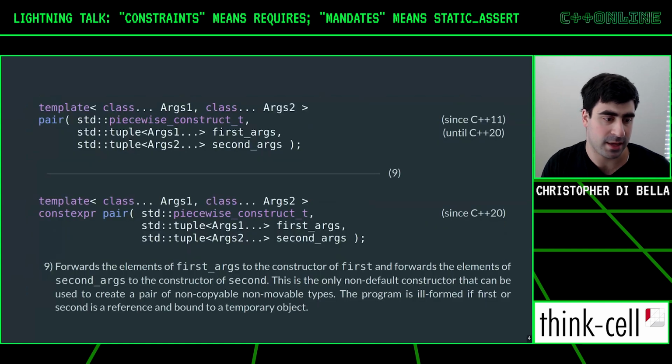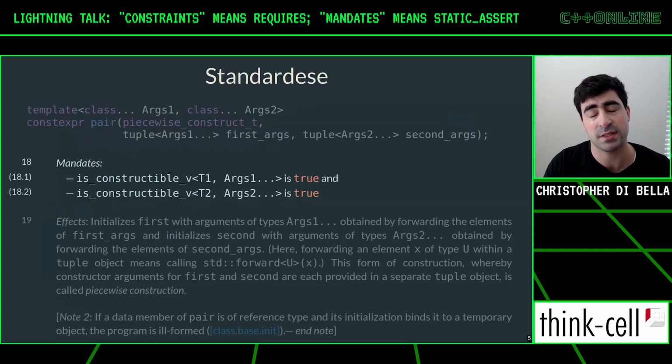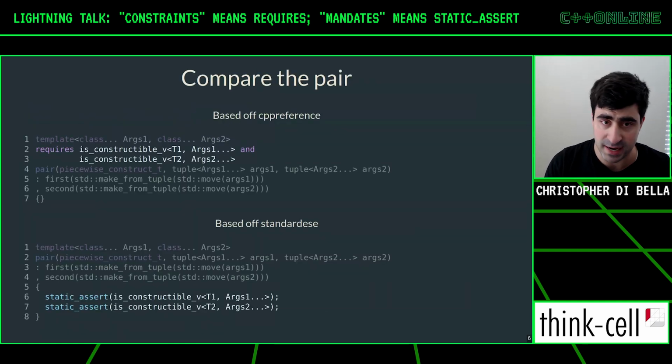But what I do want to cover is that I talked about the std::pair piecewise constructor and how there was a mandates paragraph that meant that you couldn't use requires, you had to use a static assert. And a few people afterwards asked me questions, because they thought that requires was a new keyword that they should be using, and was I saying that we shouldn't be using static assert? So we shouldn't be using requires, we should still be using static assert. I figured that if one person has a question, then multiple people probably think it. If two people are asking me, then maybe something does need to be clarified.